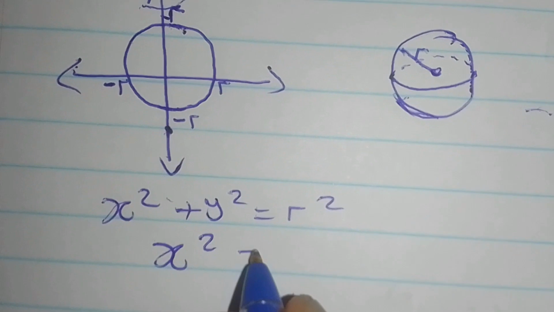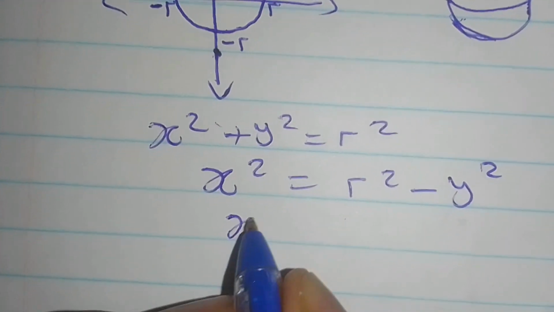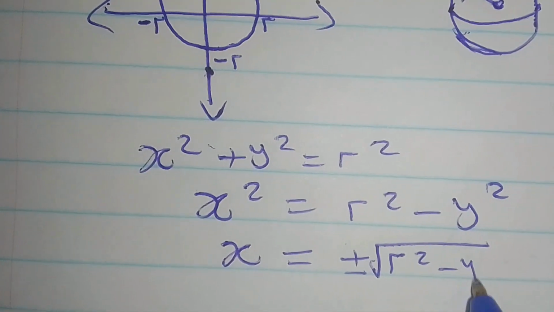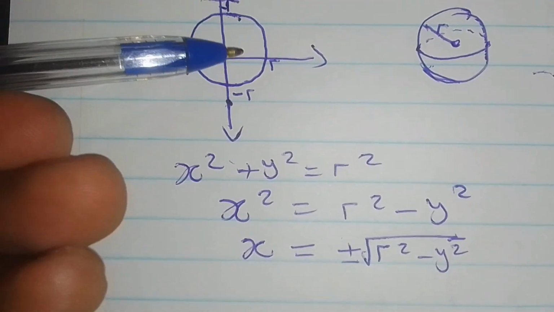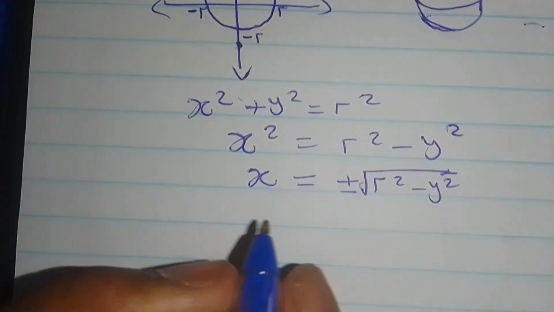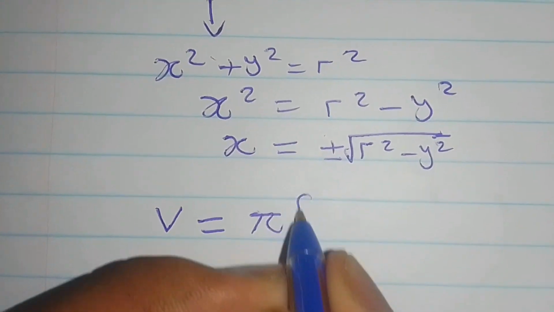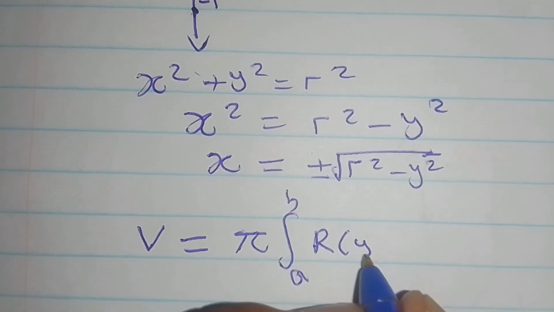So when we solve for x, we get x squared equals r squared minus y squared. Then we get x equals plus minus the square root of r squared minus y squared. It's negative below the x-axis and it's positive above the x-axis. So now remember the disk method. It's gonna be pi, the integral from a to b of our radius, and this time is in terms of y,